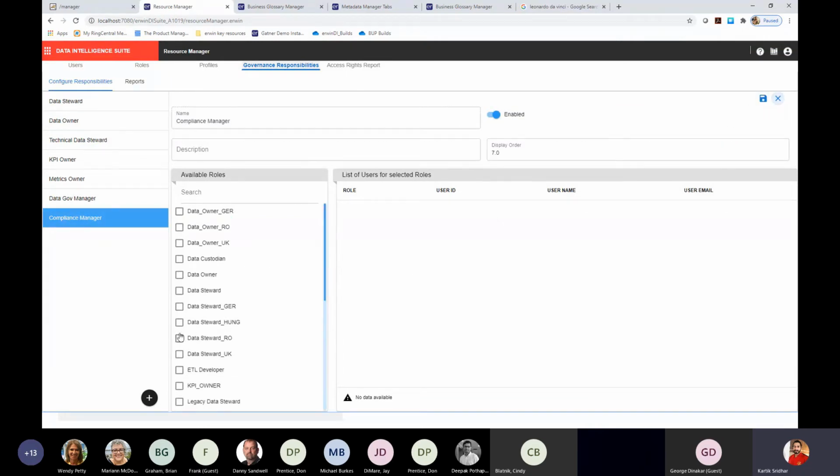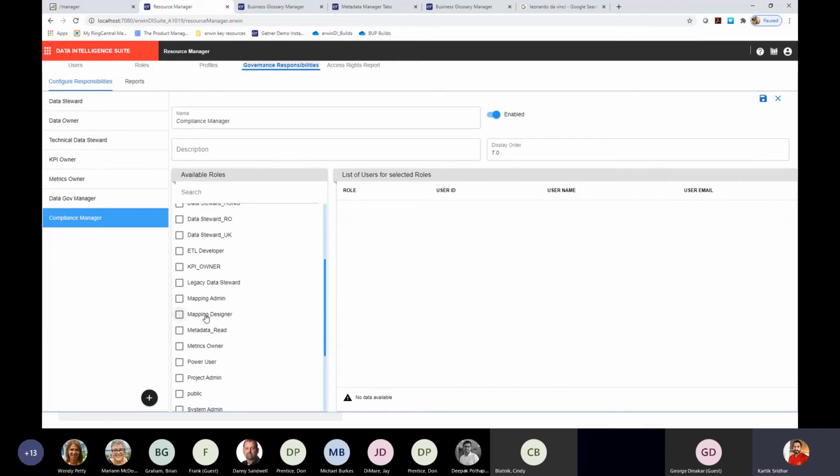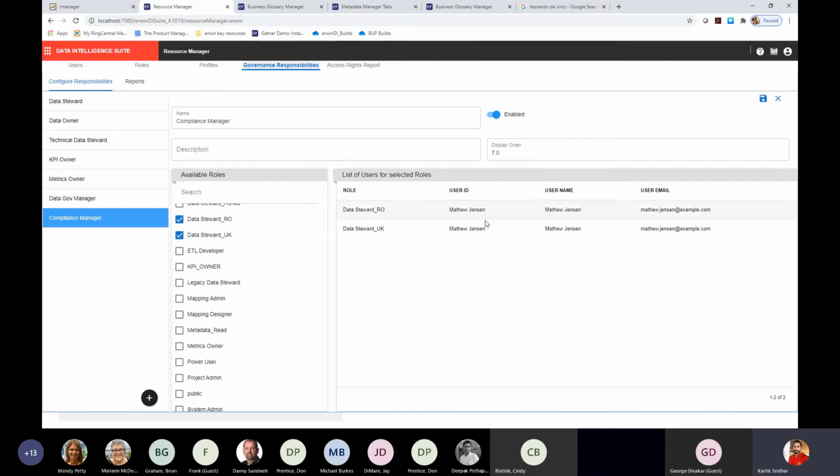Let's say from your LDAP you have a compliance manager role that's already coming, or you have a generic business users role, or you have a subset of business users. Let's say you have business users from a dedicated client or from a dedicated region. You can pick those specific roles, and you can see what users are there, so that those users tie up to this new data governance role.